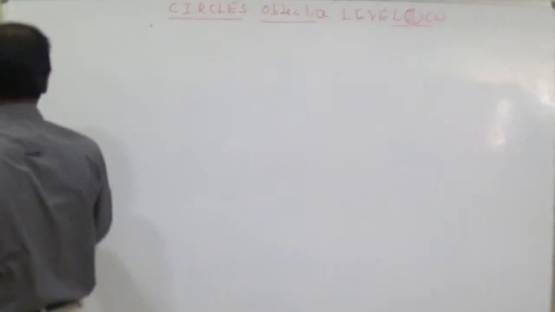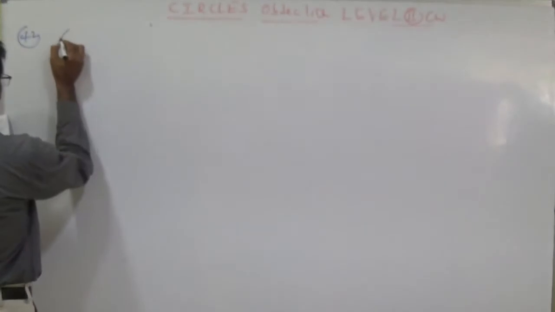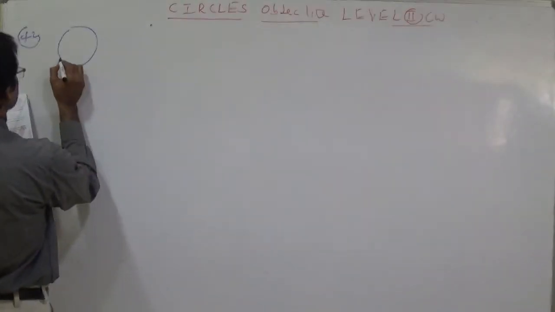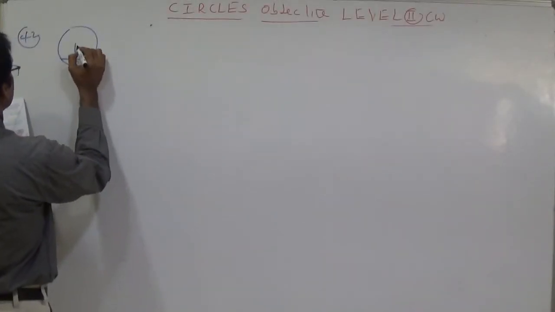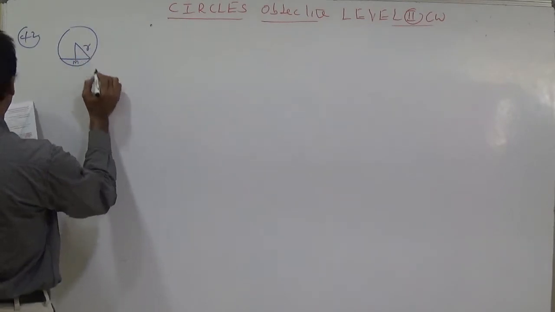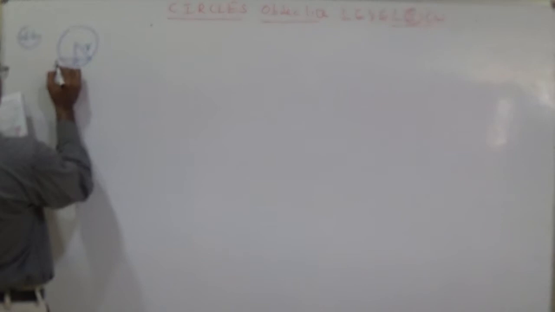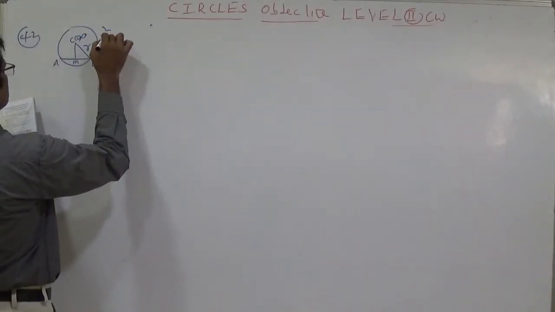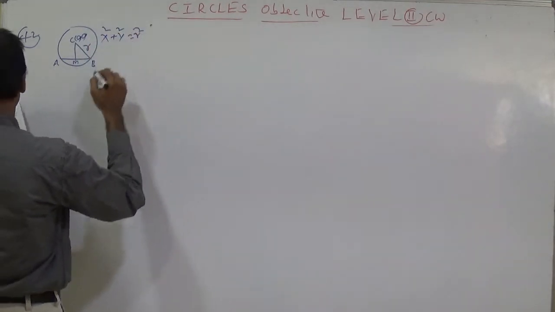Okay, 42nd question. I think I already said this question. Let us discuss the locus of midpoints of chords of a circle. This is the midpoint. This is the center C. This is R. Locus of midpoints of chords of the circle having constant length. Put A, this is B. This is center 0, 0 for the circle x square plus y square is equal to r square.